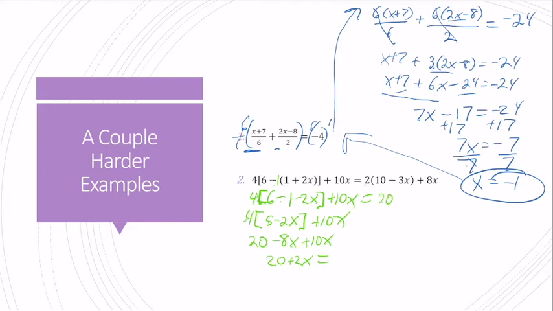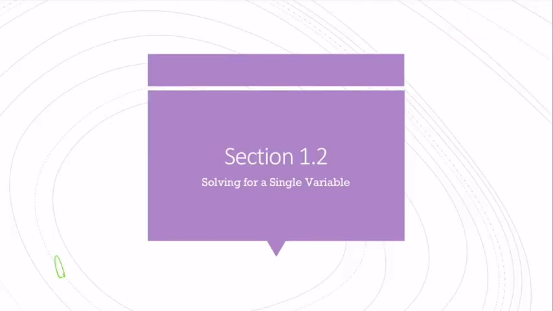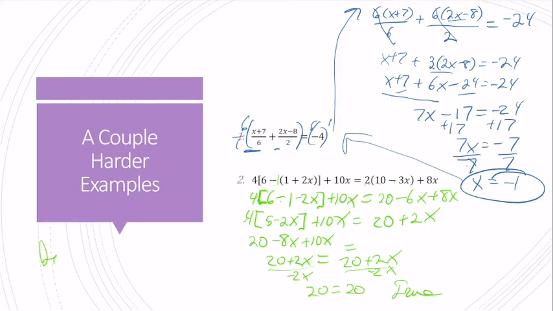Now I'm going to simplify the right. 2 times 10 is 20. 2 times negative 3x is negative 6x plus 8x. So I get 20 plus 2x. Oh gosh, 20 plus 2x. So as we can see, these are equivalent. So I'd get 20 equals 20. This is a true statement. This is an example of an identity. Very exciting. This is an example of an identity, and it has